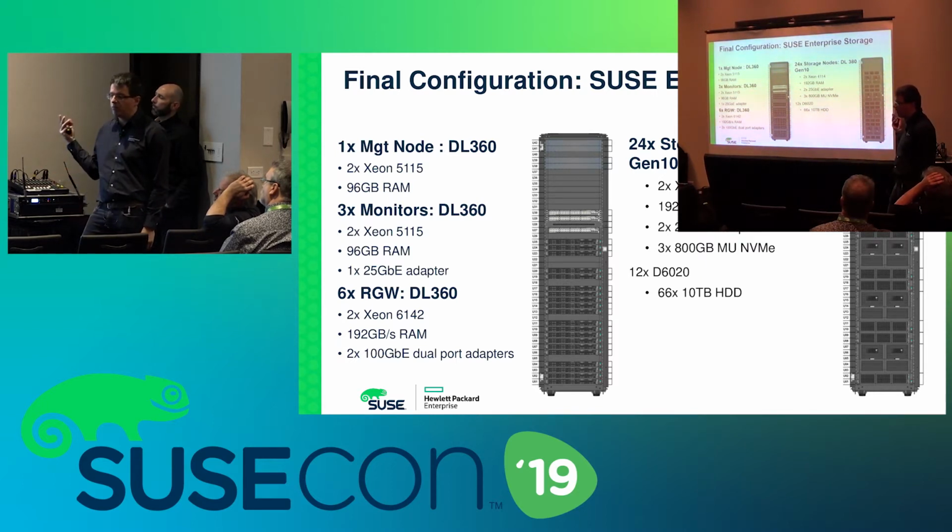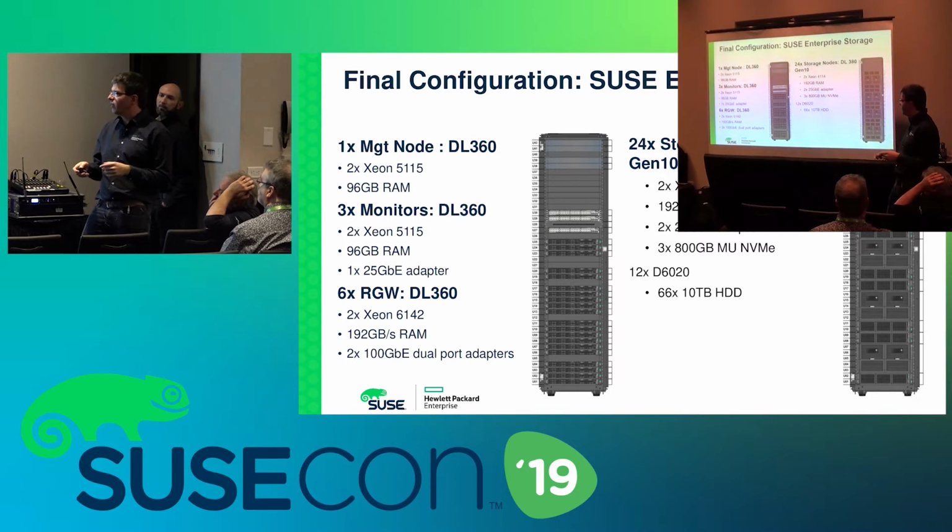Remember, we found out that one Rados gateway was able to reach roughly 2 gigabytes per second, so having 6 of them with correct scalability would lead us to 11 to 12 gigabytes per second, so we should have been okay. And 24 OSDs,